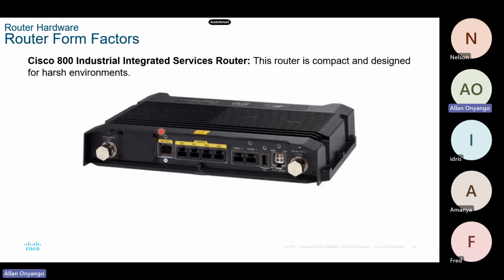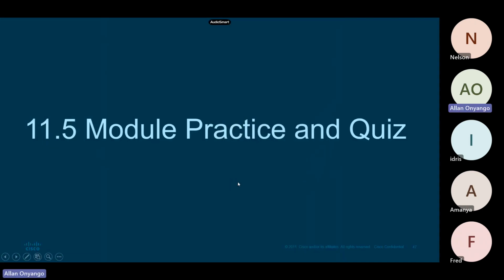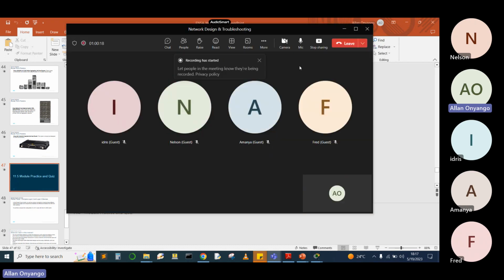So moving forward, ladies and gentlemen, I now want us to have a very important conversation. This is the end of this part on network design. Now, even having talked about network design, what I want us to do is that I want us to